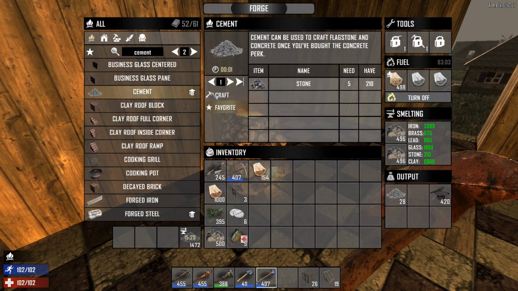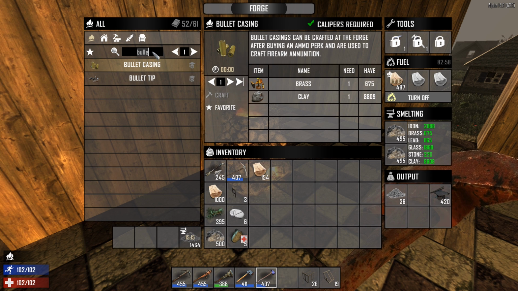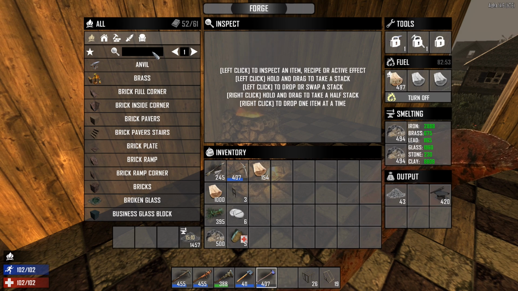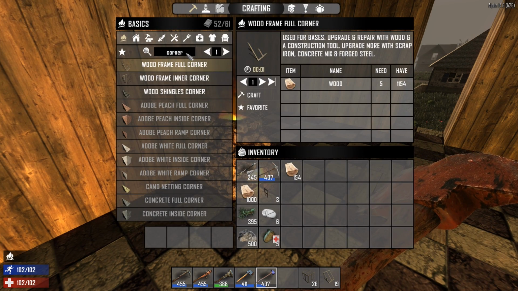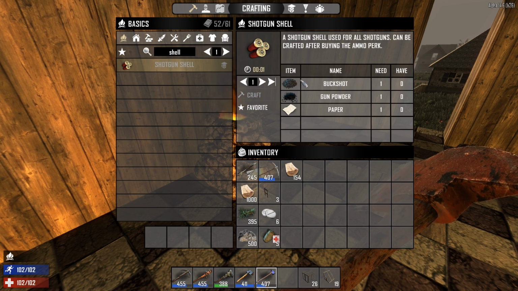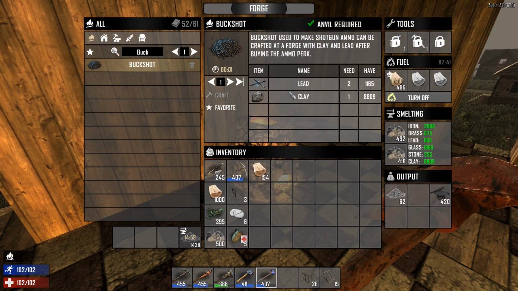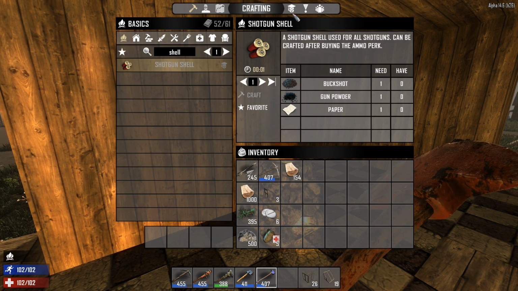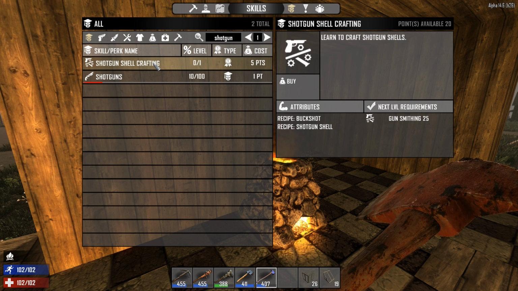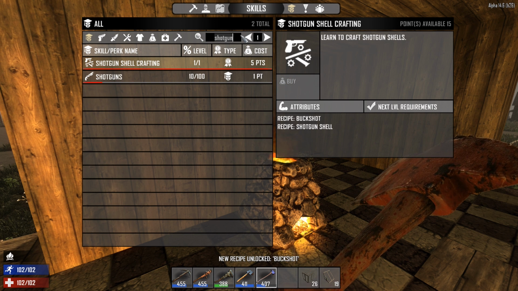Therefore, I will be needing the bullet casing and, not the lead, what is it? Sorry, I keep forgetting names. Buckshot. Buckshot, which is for the shotgun. So this is what I will be focusing on: the shotgun shell crafting, which is 5 points. So I'm going to be taking that, and I will be taking...